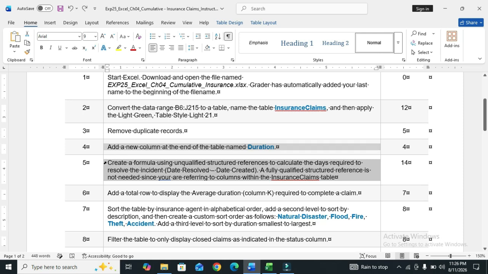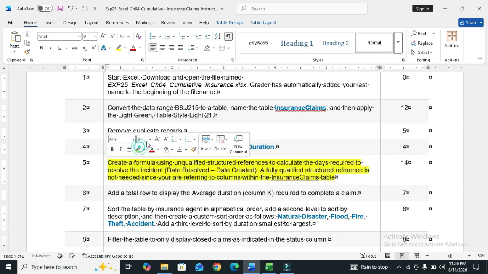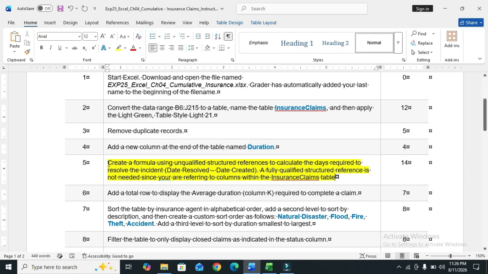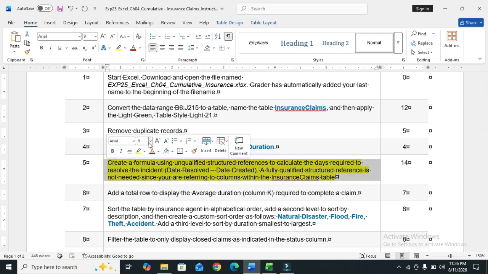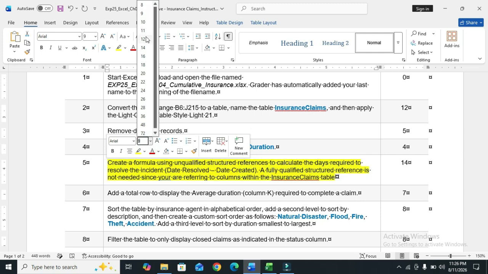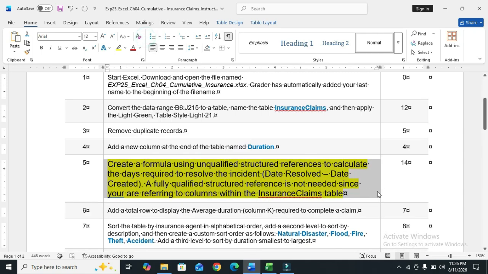Step number 5 is create a formula using an unqualified structured reference to calculate the days required to resolve the incident.